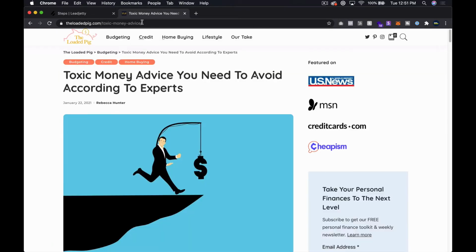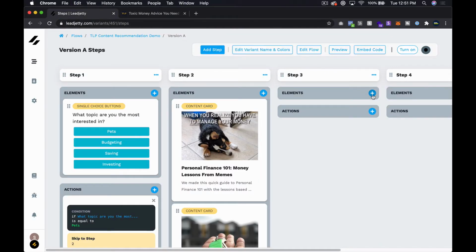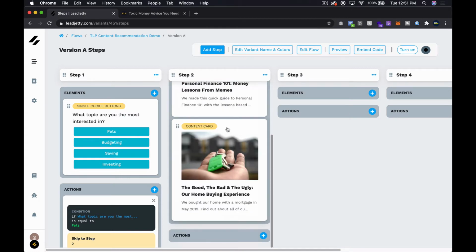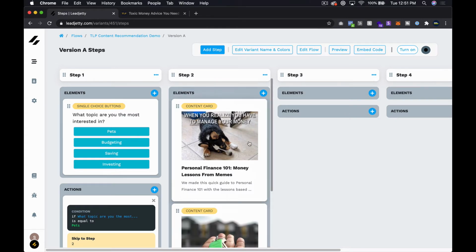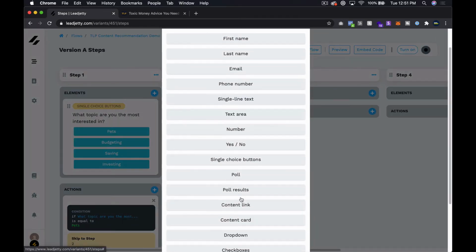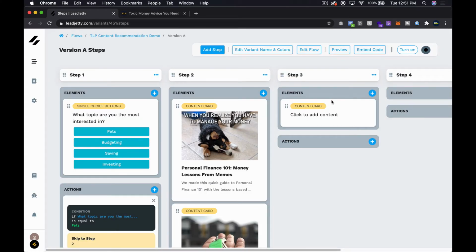And then let's just grab this article. So again, you could invest a lot more time in thinking about this, but I want to just mostly show you how to get the mechanics going. And you can add more articles here. You can really add probably as many as you want within certain limits, I guess. But we haven't actually tried to see what looks good past a certain point. So beyond like 6, it might get a little tough, but in any case, we'll add another content card